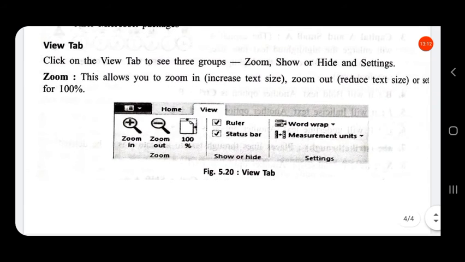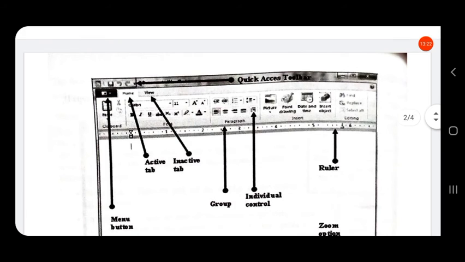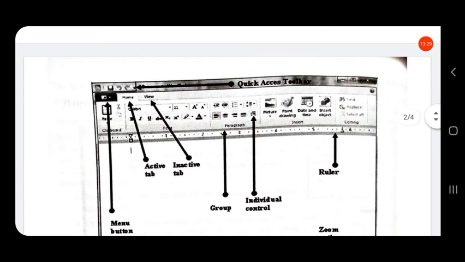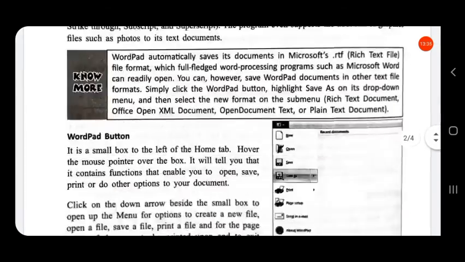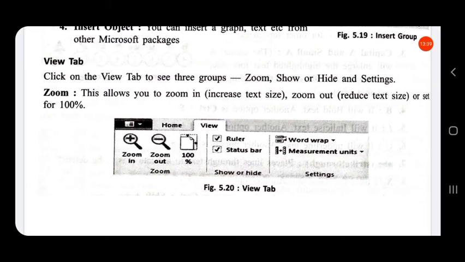The next one is view tab. Click on the view tab, that is the next option. The first tab is the menu button, then home, then view. You can see here the view tab. Click on the view tab to see three groups.